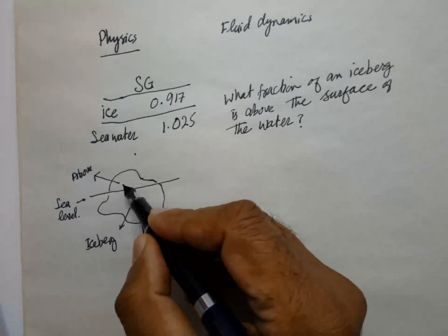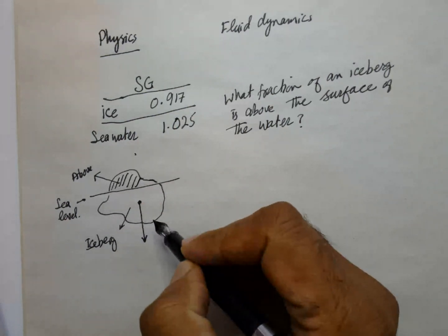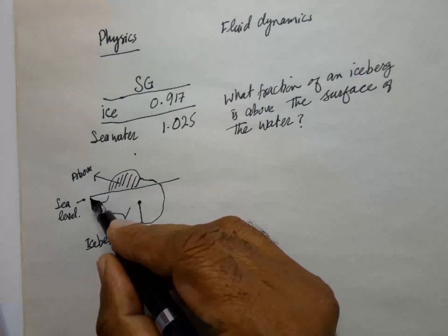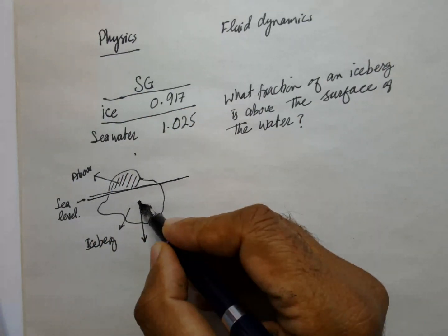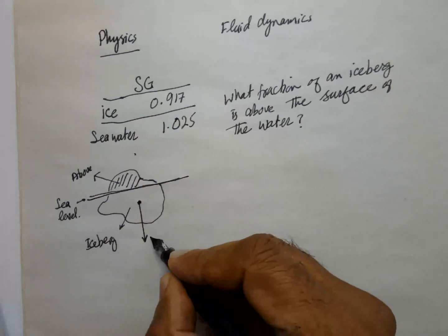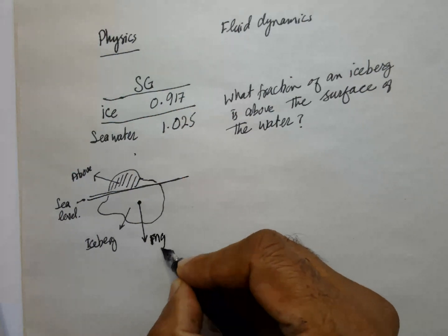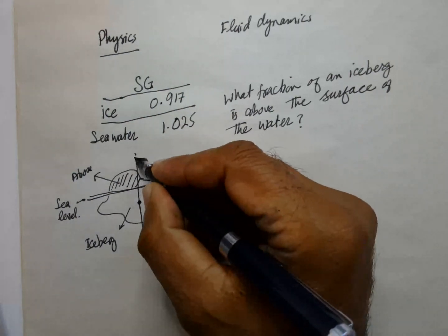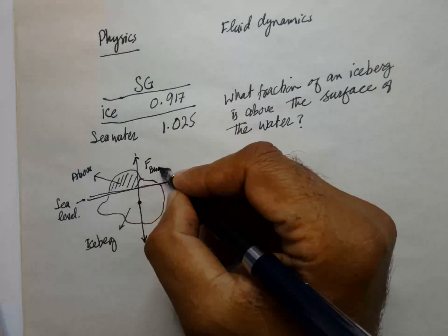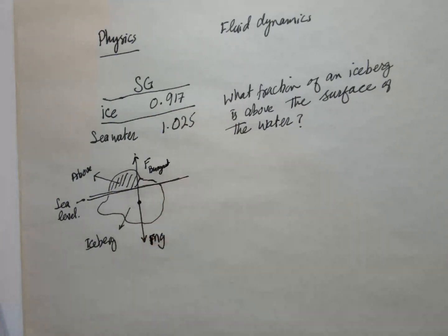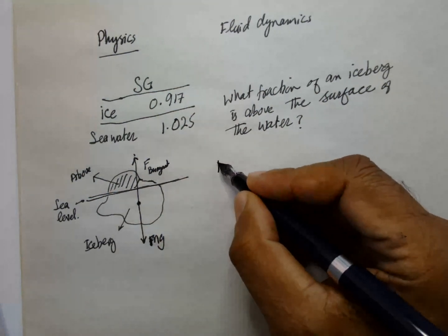So this is the iceberg. Some fraction is out above and some is below. So this is the sea level. And this is the center of mass, and this is the force. This is mg, and this is the buoyant force, F buoyant force. So we can say that the force